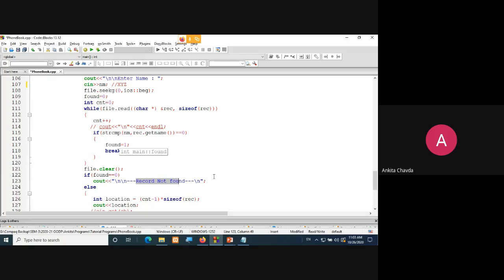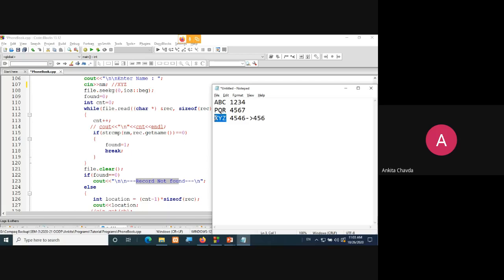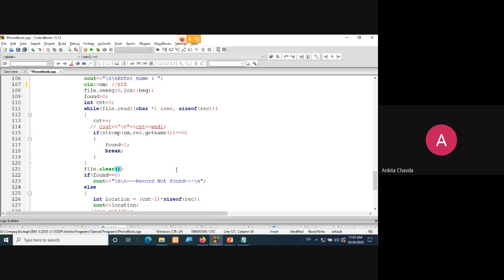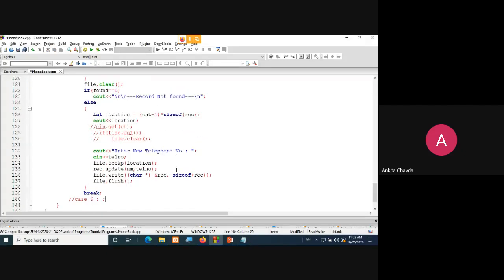Now you get that number that okay, this XYZ named person is there and we have searched. Now we have to do that procedure from 4546 to 456, which I want to update. Okay, so for that, now what you are doing is, first you need to take the location of that particular record.